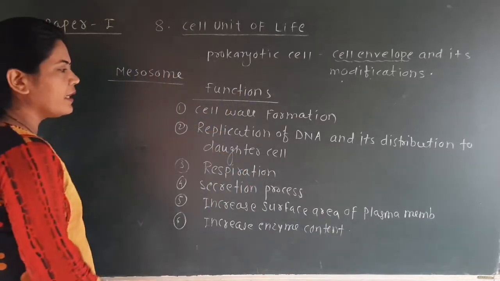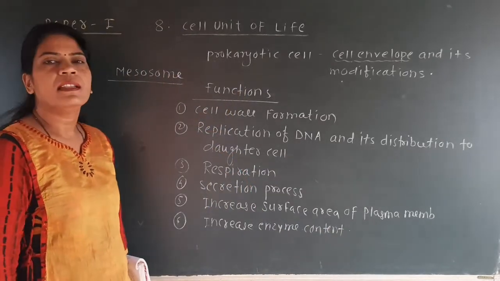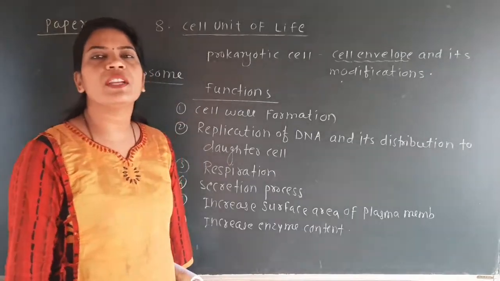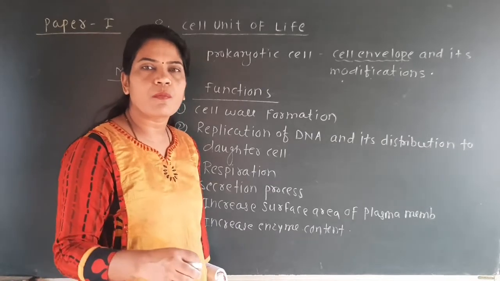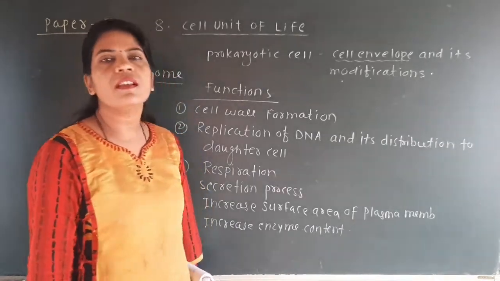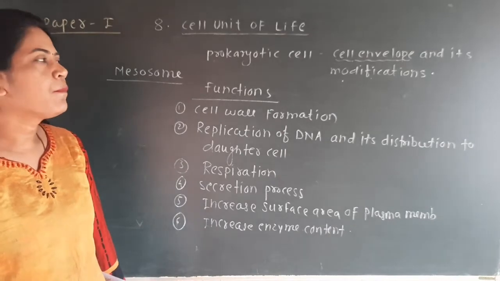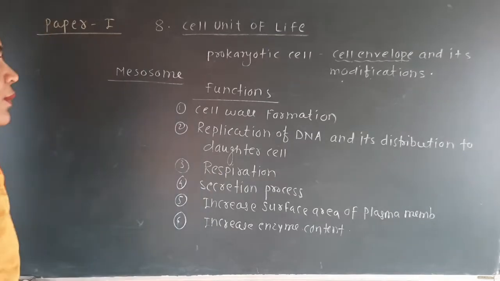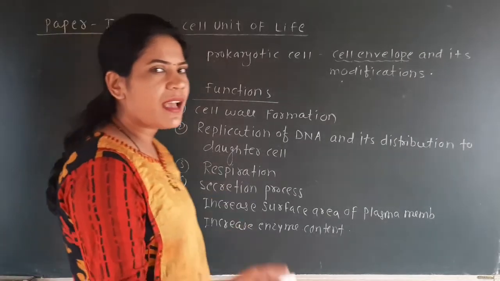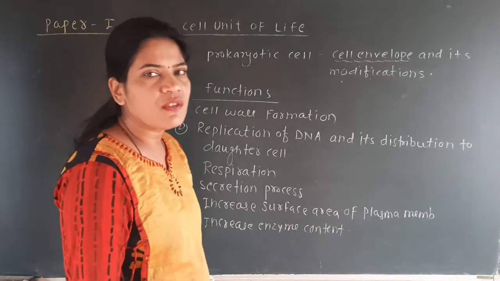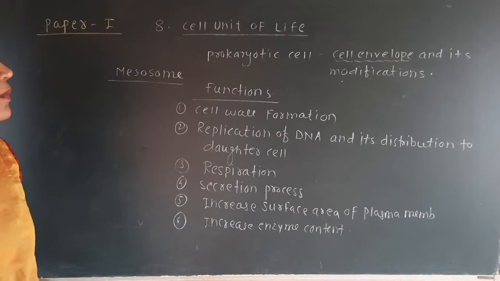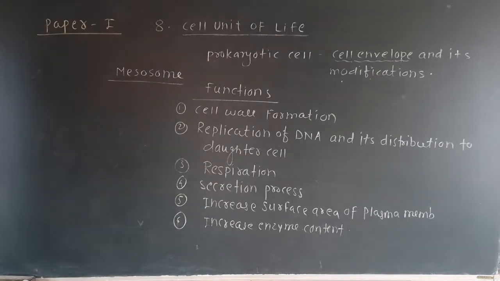See students, these are very important points that we are going to discuss, that is the functions of the mesosome. What is mesosome? Mesosome is a modification of the plasma membrane, which is in the form of extension, present in the cytoplasm of this prokaryotic cell or the bacterial cell, and here we have given the important functions of the mesosome. Many times questions are asked from the NEET point of view on the mesosome. So you have to see that overall 6 functions of the mesosome are there, and we have to remember all the functions for the NEET point of view.